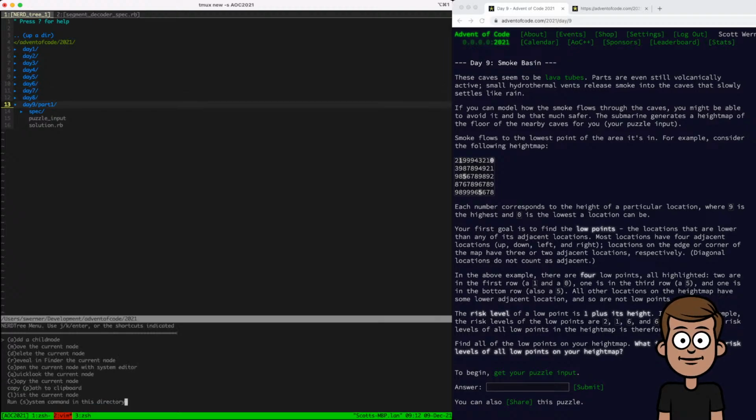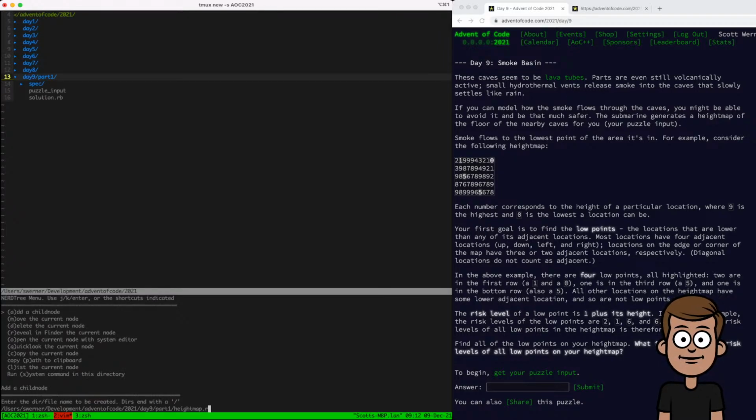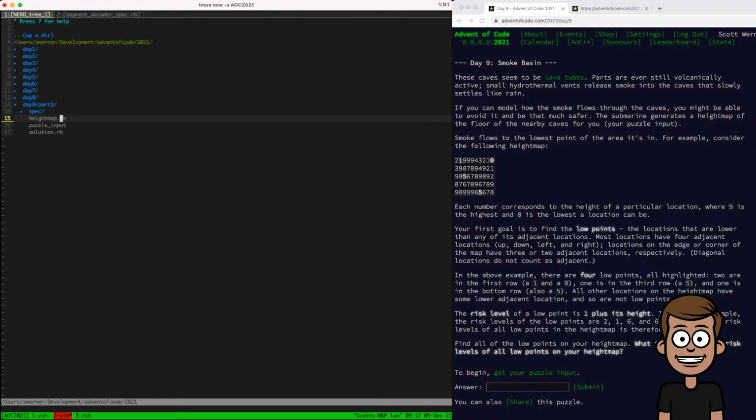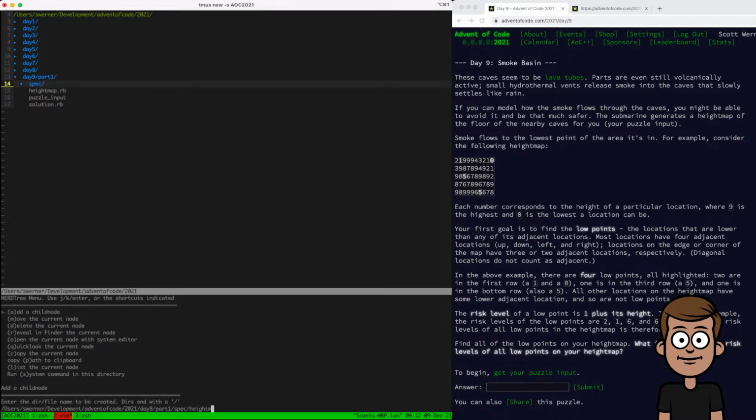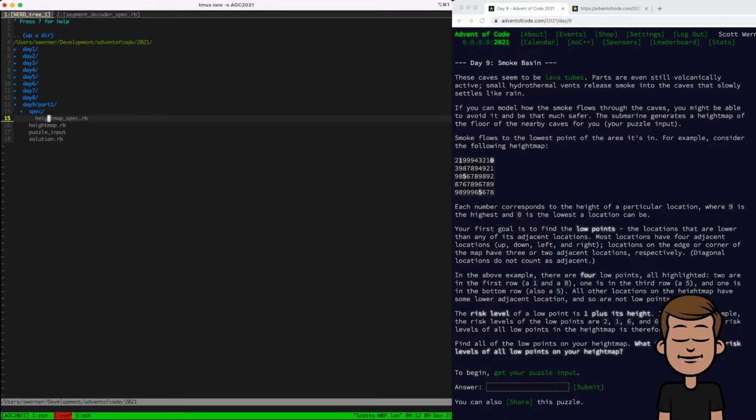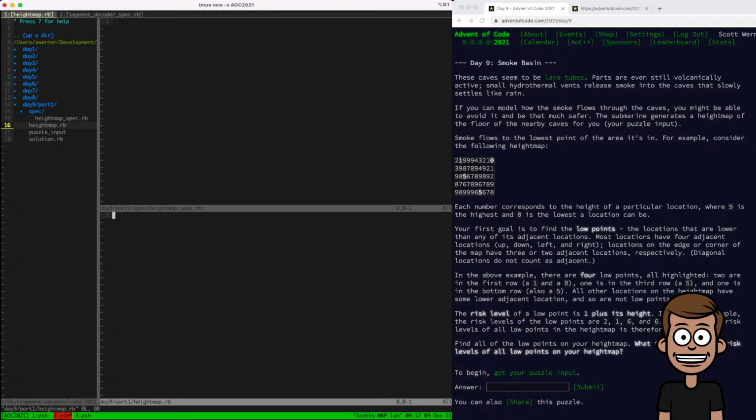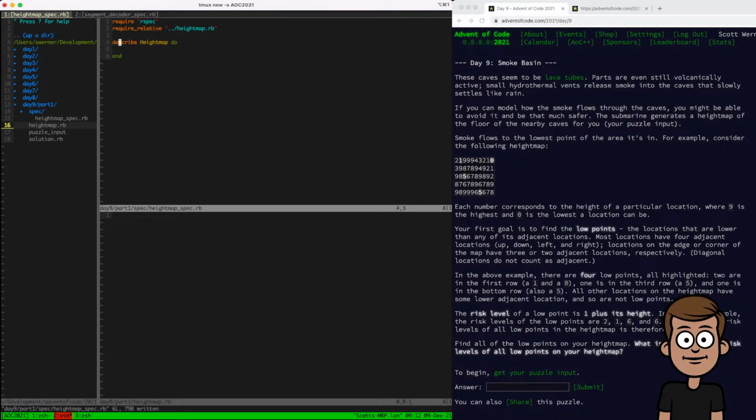So we'll do this, height_map.rb, and in spec we'll do height_map_spec.rb, and require our spec, require_relative height_map.rb, and describe HeightMap. And then all we really need to do is,